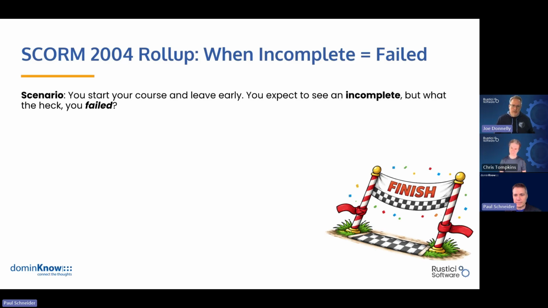One common scenario is you have a SCORM 2004 course. It's going to be either second or third edition. You start the course, you leave early, and instead of seeing incomplete alone, you see incomplete and failed. From an administrator standpoint, it is part of the normal default roll-up rules, but from a learner standpoint, if I'm